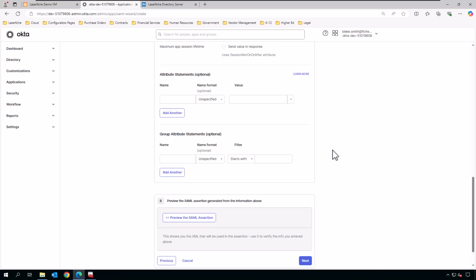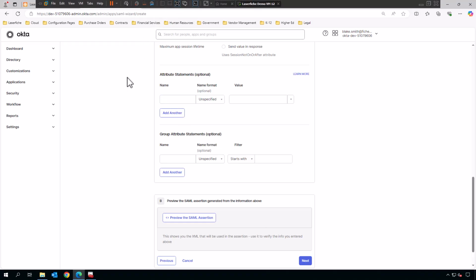So we're going to go ahead and scroll past that since we don't have anything. And the next part that we're going to go to is the attribute statements. So the attribute statements are used within Directory Server